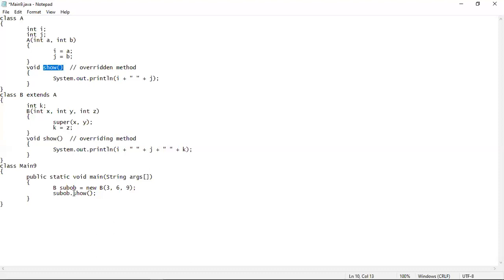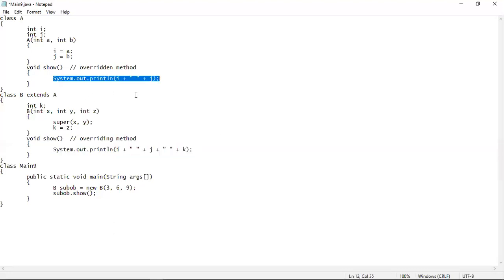So whenever we are calling the show method using the subclass object, it will always call the subclass version of the show method, because this show method has already overridden this show method. That means only this statement will be executed. So the output should be 369 and not this one.